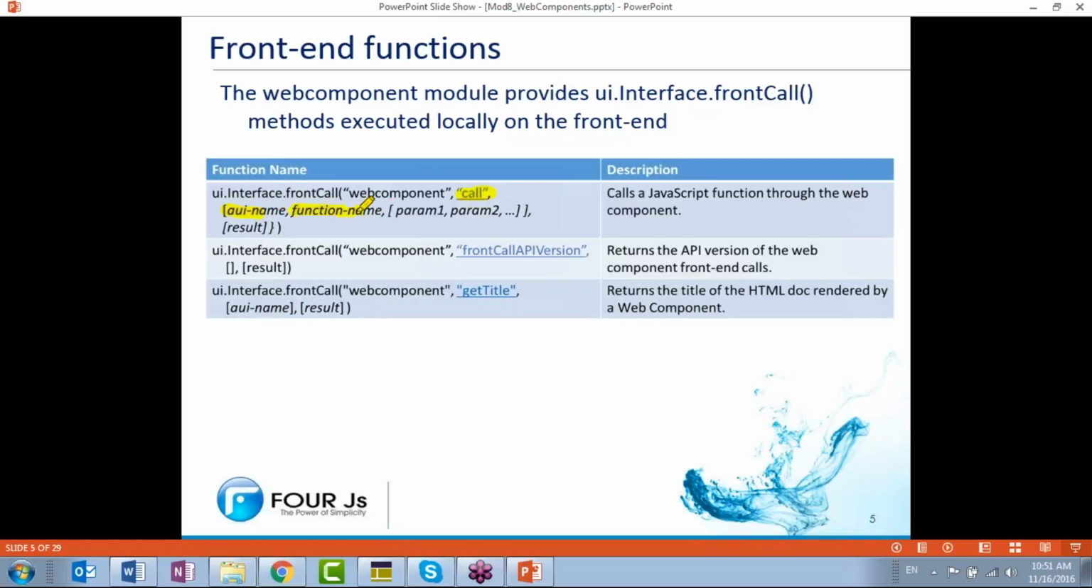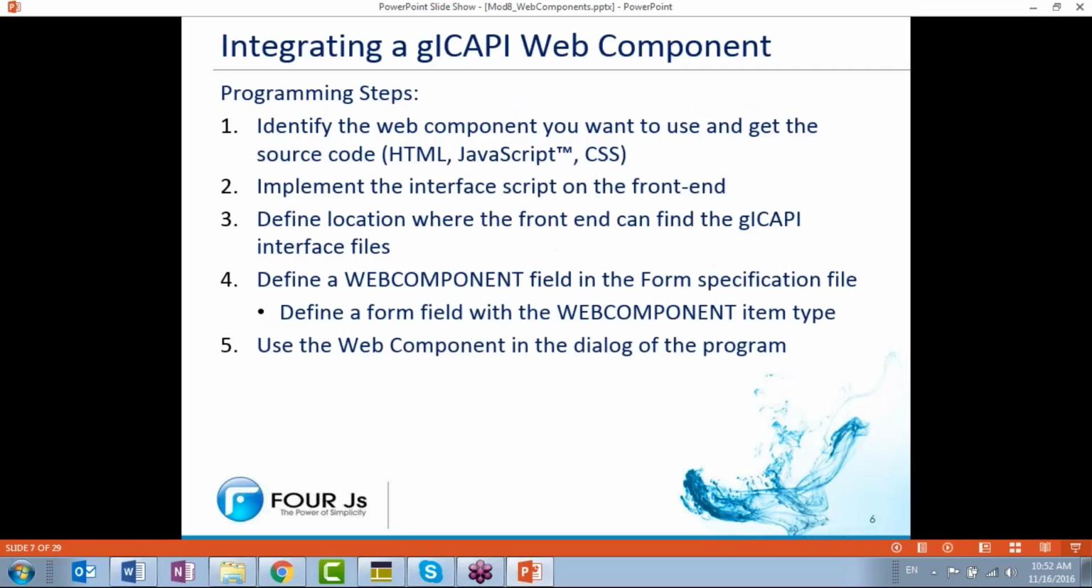And then the function name that you're wanting to call inside that web component, and then some optional parameters. If that function requires parameters being passed in, you have that ability here. And then of course you also have the ability to return information from the function, return a result. So we're going to first focus on this first style of being able to implement a web component using this